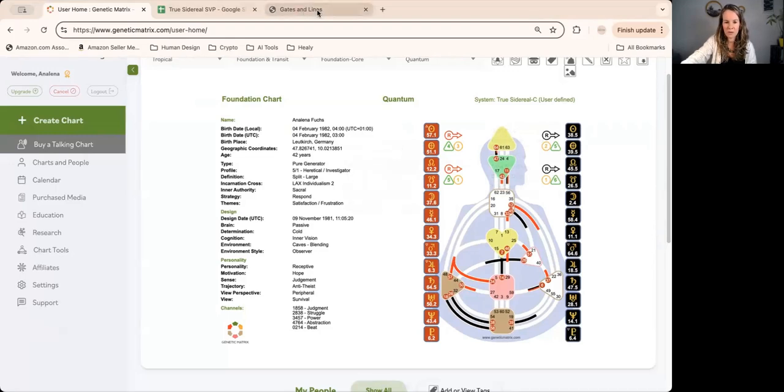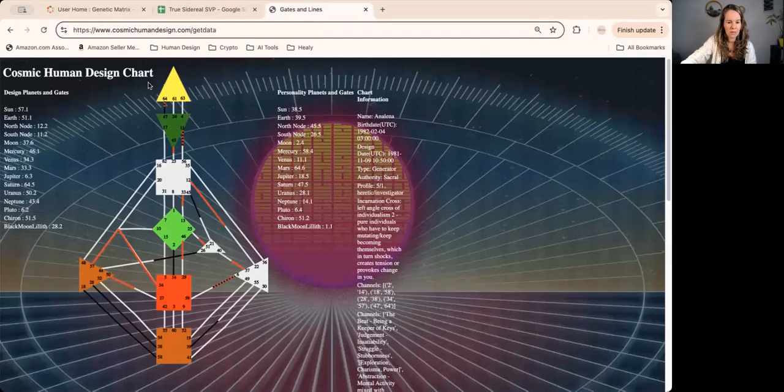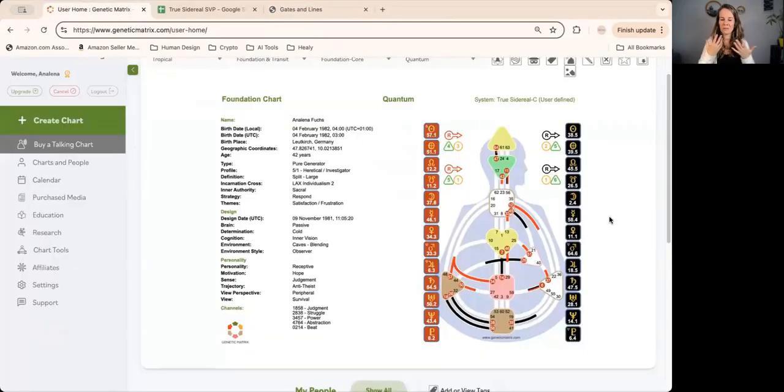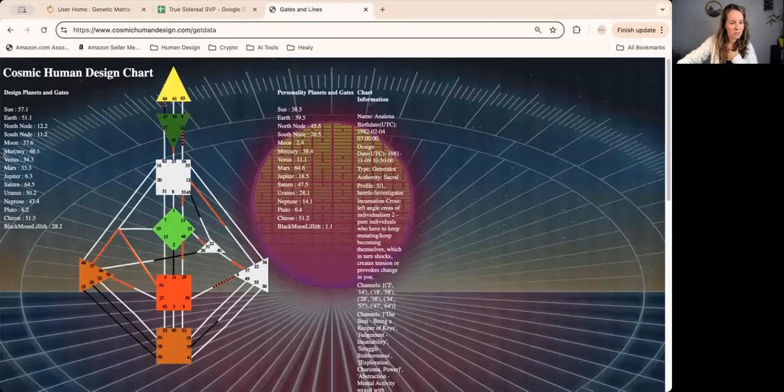And as you can see, I'm going to go now to the cosmic human design side. It's very similar. It almost exactly looks the same. One thing I want to show you is where you may notice with the biggest likelihood some differences is with the moon gates, because the moon is the fastest moving planet. It moves through 2 or 3 gates every single day, and also through many lines, of course. So I have here 37.6 and 2.4. And if I look here in the cosmic human design side, it's actually the same, 37.6